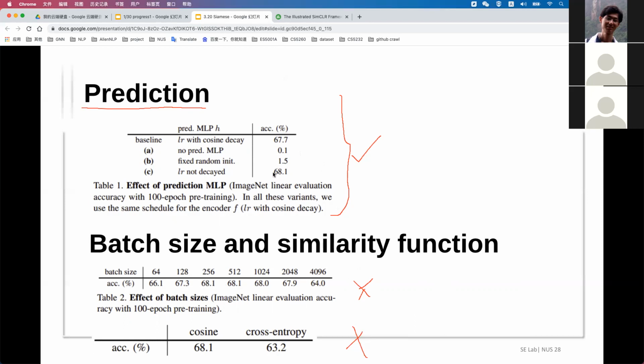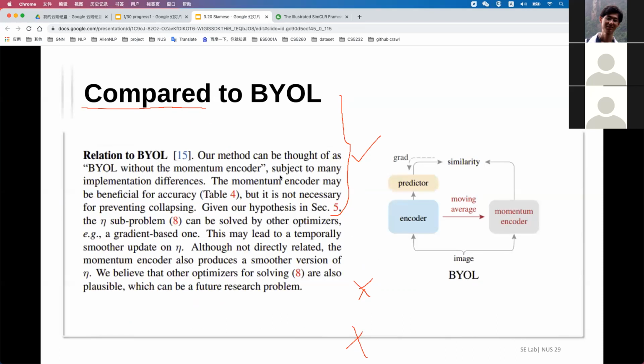Okay, so after the experiment, he also compared to BYOL, and it says that the momentum is not important because he didn't use the momentum, but the result is also very good. I think for the momentum method, the stop gradient is the most important thing. So there's no need to add a momentum architecture or mechanism in this Siamese network architecture.